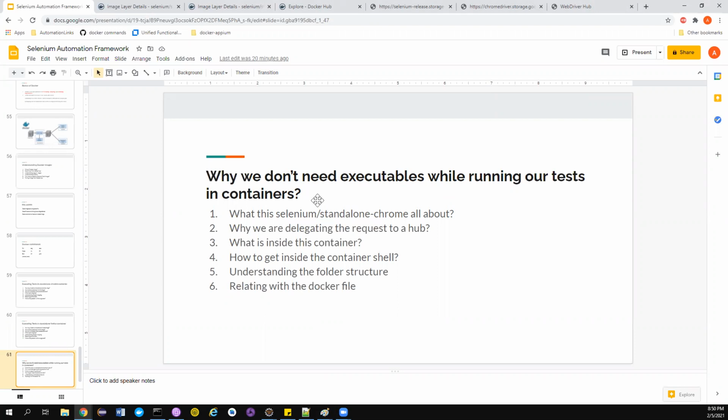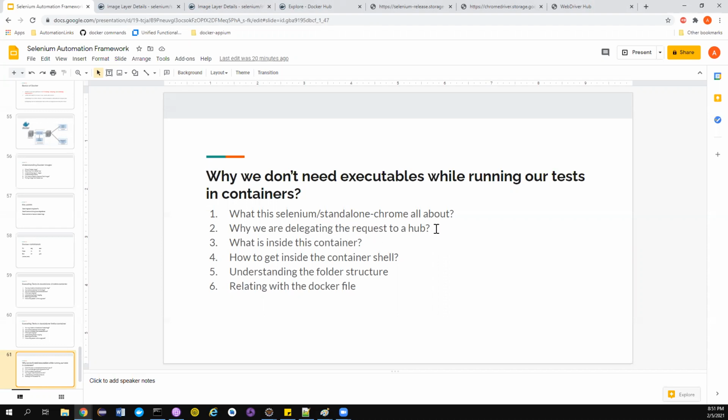What is the advantage of this, Amudan? Even when you have Selenium grid in local infrastructure, the problem is if your machine gets updated, you need to update your Chrome driver. There is no other go, even if you do Selenium grid or whatever. So either you need to go for WebDriver manager, or you need to update the Chrome driver manually. That is the problem. But in the case of a container, they all have their own Chrome driver. It doesn't depend on anyone. That's the beauty of this.